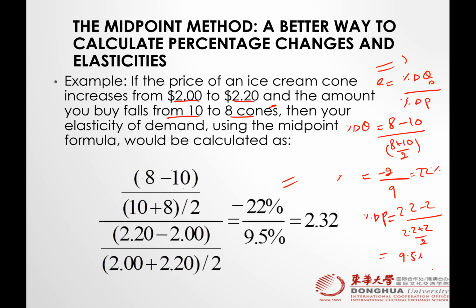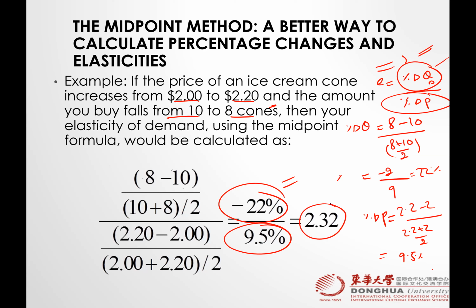So if we interpret this elasticity, the numerator is called percentage change in quantity demanded, the denominator is called percentage change in price. So you can also find out that the result would be above 1. 2.32 shows us elastic demand. How? You see,